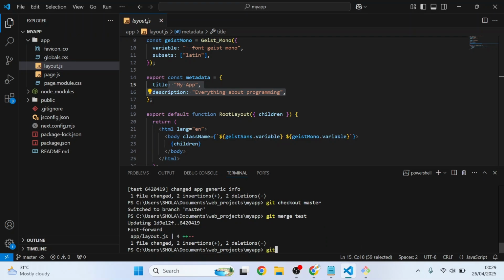So by saying git remote add, whatever remote I'm going to add, I need to give it a nickname. Usually it's best you simply say origin, but it really doesn't matter. Next thing we're going to do is to add the directory